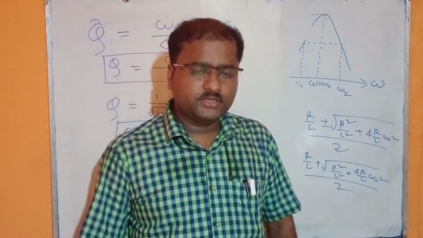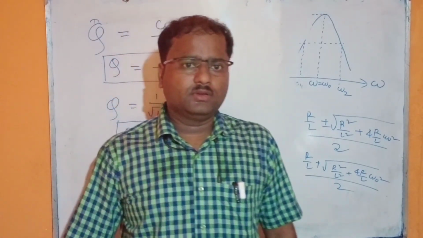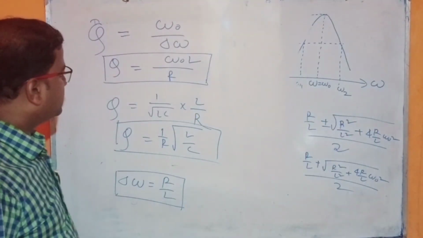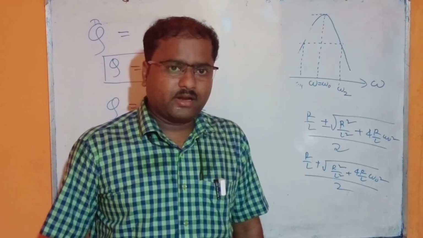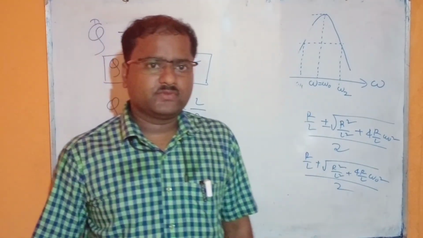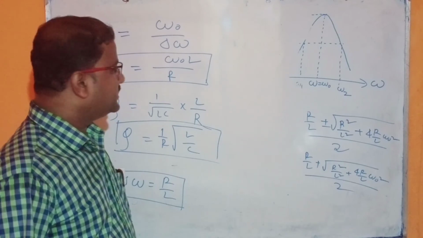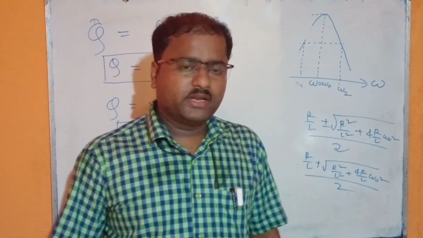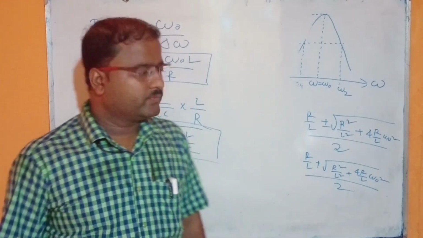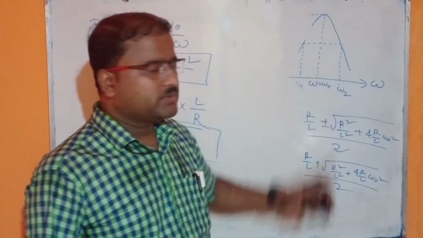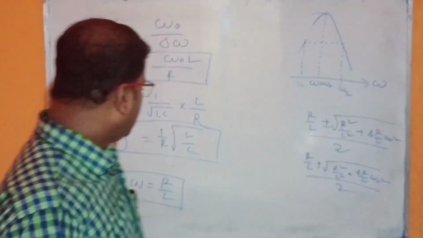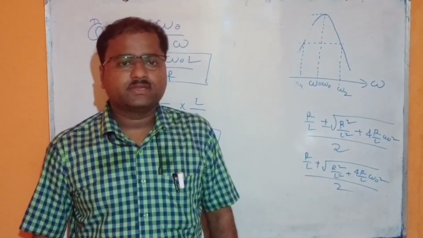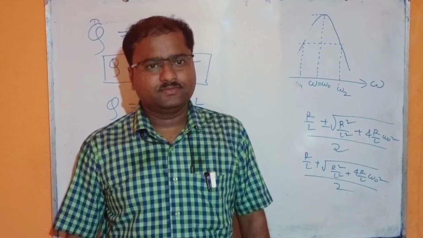Okay, this was our class about the series LCR circuit. Here we calculated the current and voltage relation, their phasor diagrams, and we discussed three conditions. We defined resonance frequency, current response curve, bandwidth, and also the sharpness and the Q factor of the series LCR circuit. Okay, that's all.